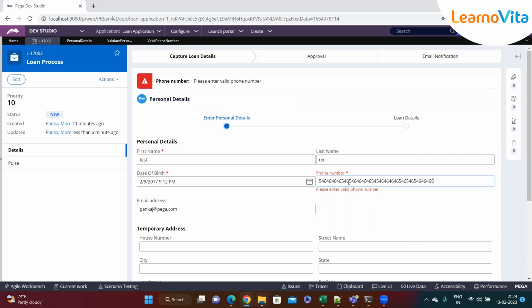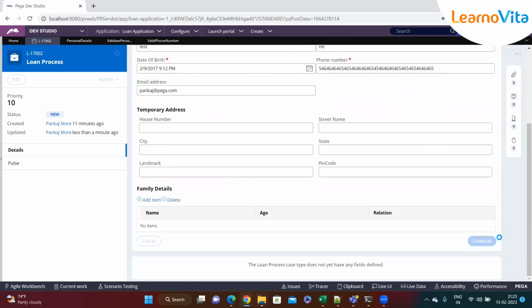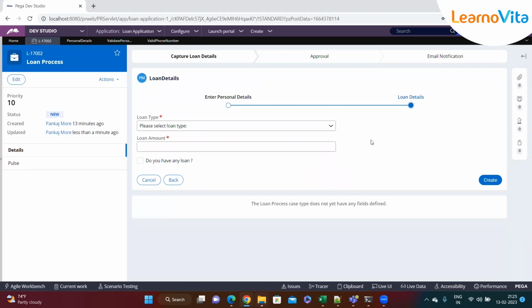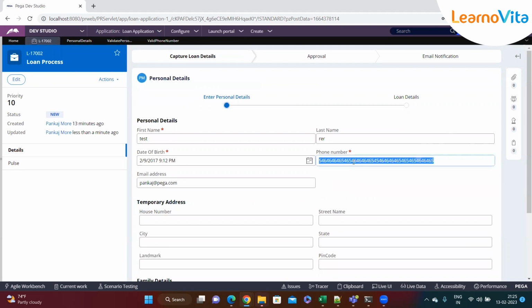If he's entering something like this, and then if he's trying to continue, you can see that the user is able to proceed further. So all these things, for example, let's say you want to do, in the same rule,